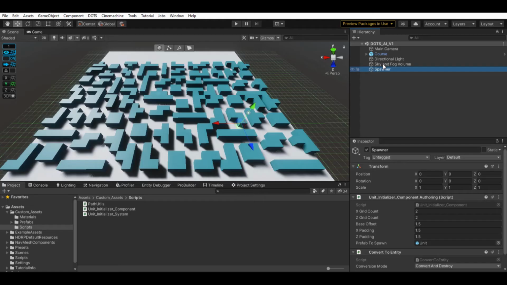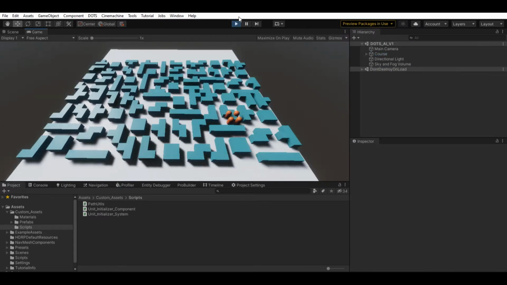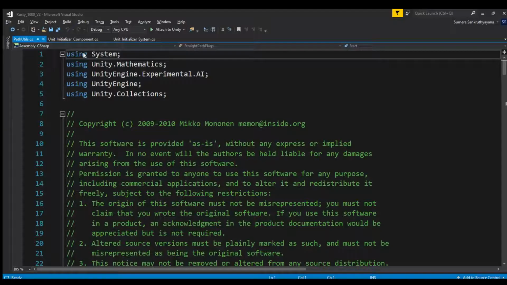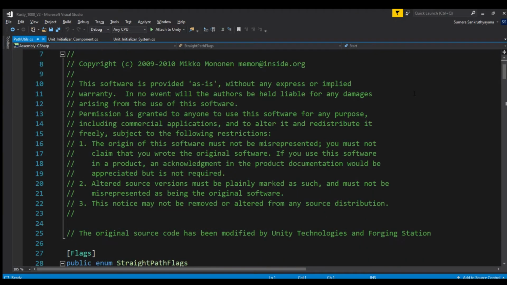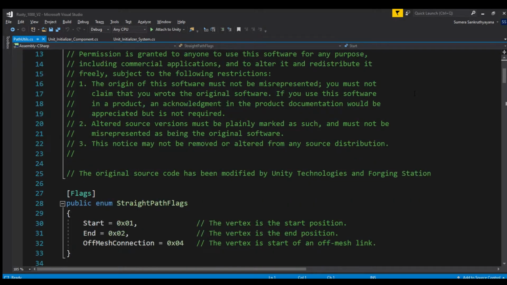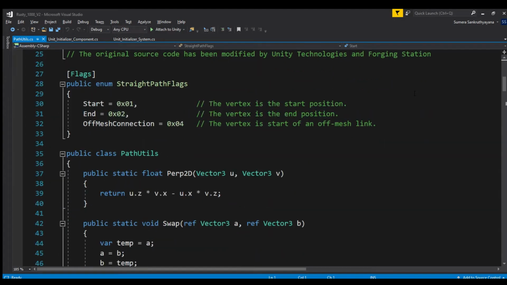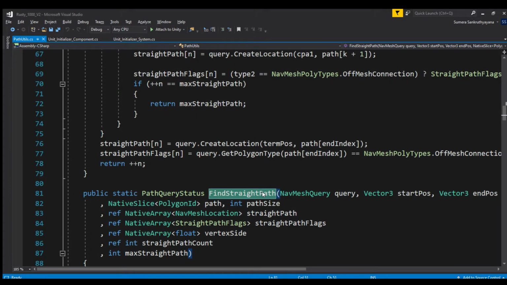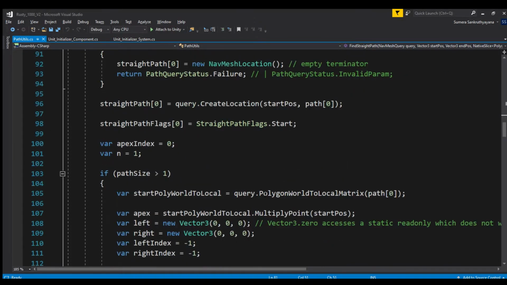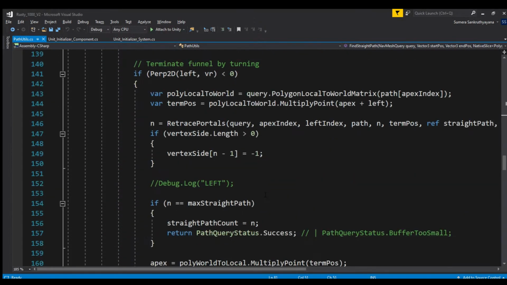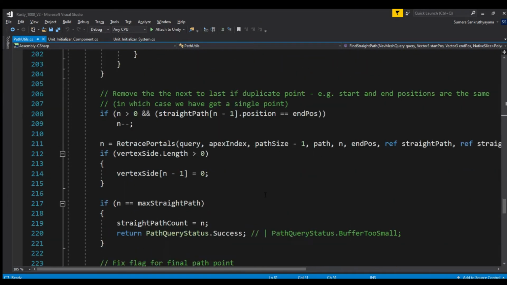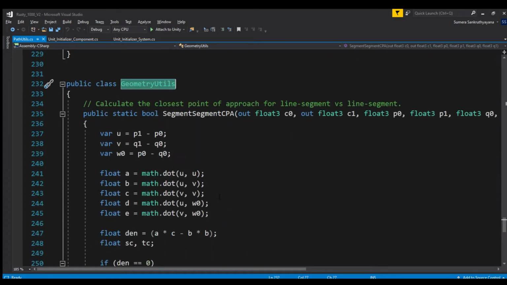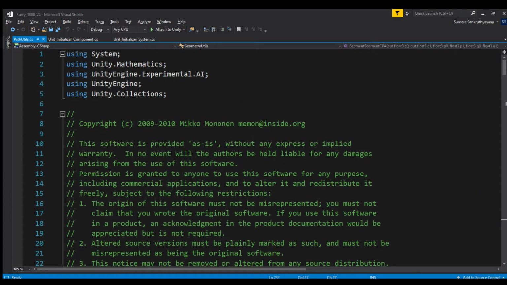I have imported a small section of the course and our unit initializer system is spawning entities. This is pretty much where we left off in the last video. Here is the PathUtils class provided by Unity and we are going to treat this as a black box. Quickly peeking through, we need to call its findStraightPath method to get our search path in world coordinates. I have merged a dependent class called GeometryUtils also into the same class and removed the assert statements. This class is freely available on GitHub and I will have a link in the description.